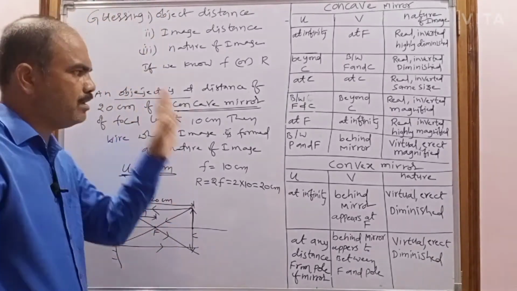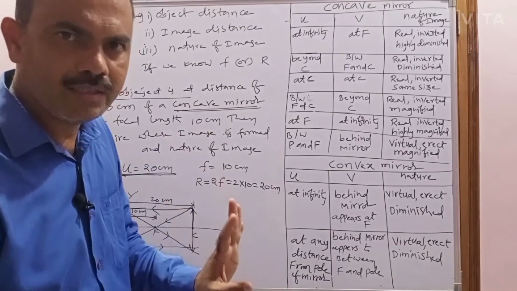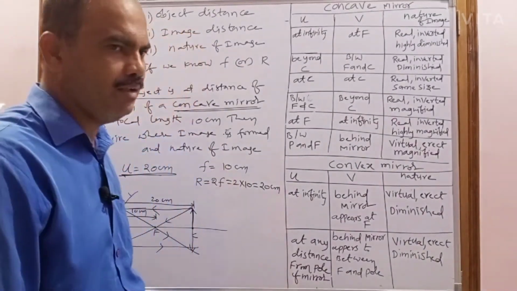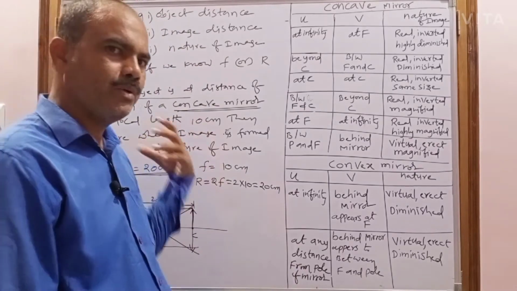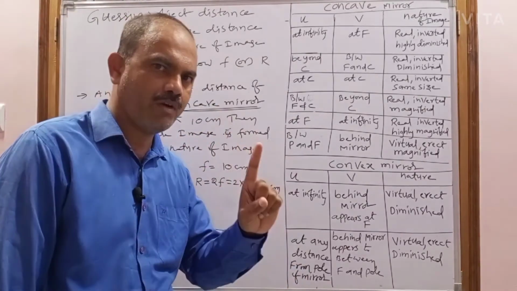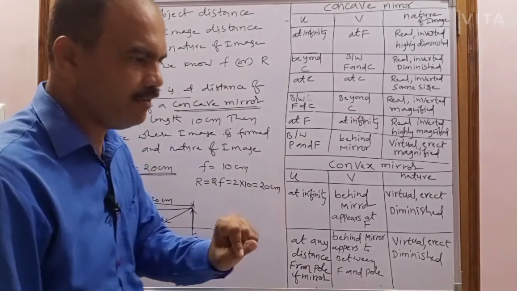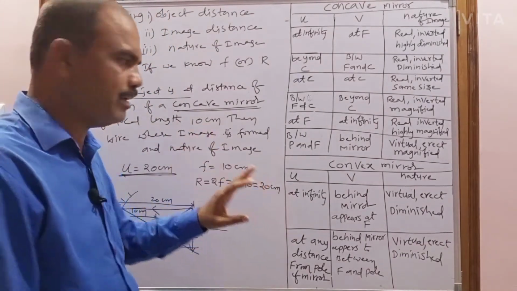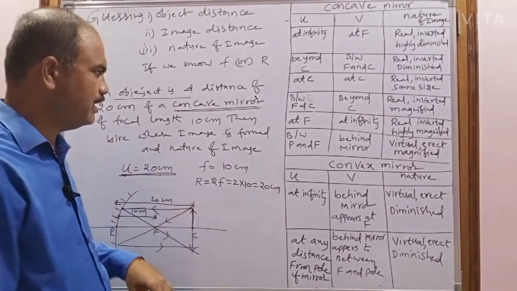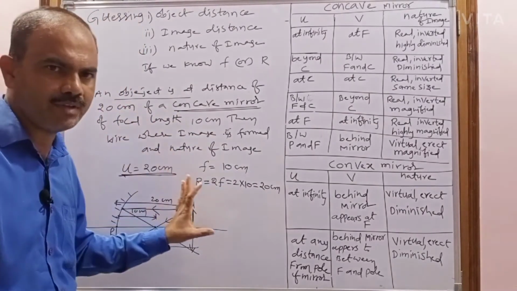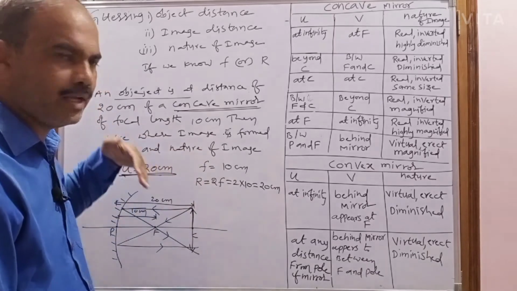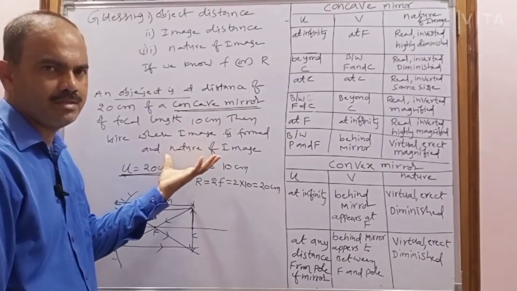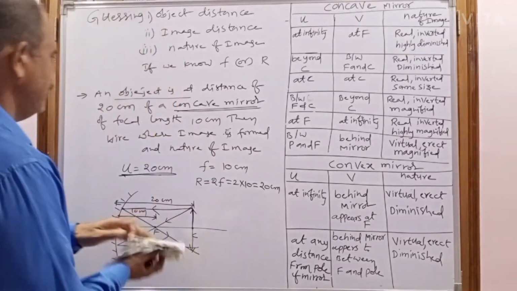And when you are solving a problem, while you are reading the question, what do we have to remember? First of all, the problem will be related to a concave mirror or a convex mirror. You have to identify that first. Second, in this problem, the object distance is given or the image distance is given. Third, whether the focal length is given or the radius of curvature is given. Then you can guess the image distance as well as the nature of the image. Next, come to the next.